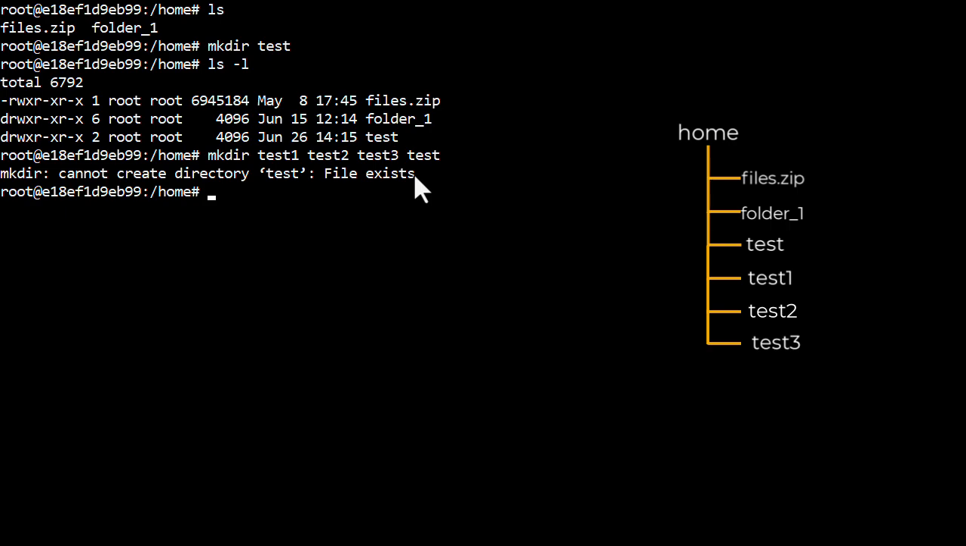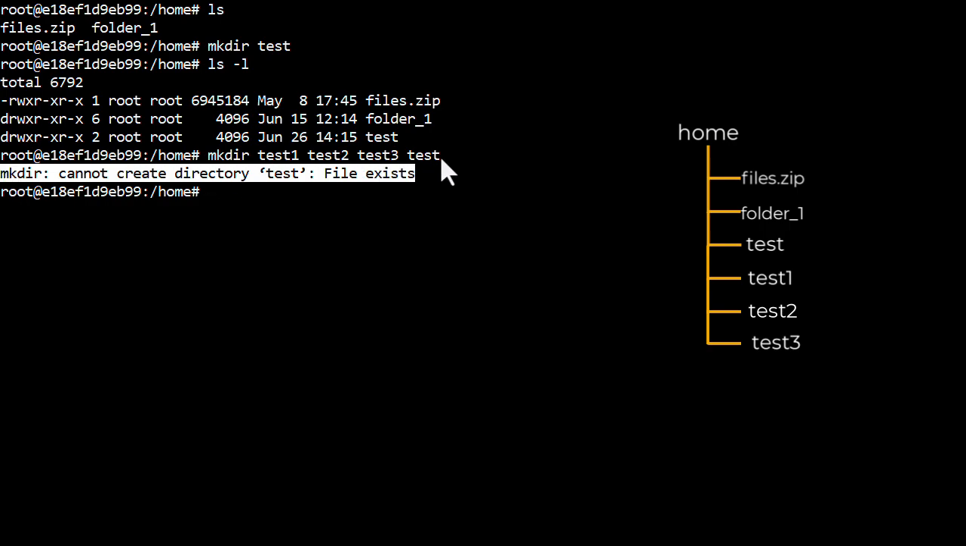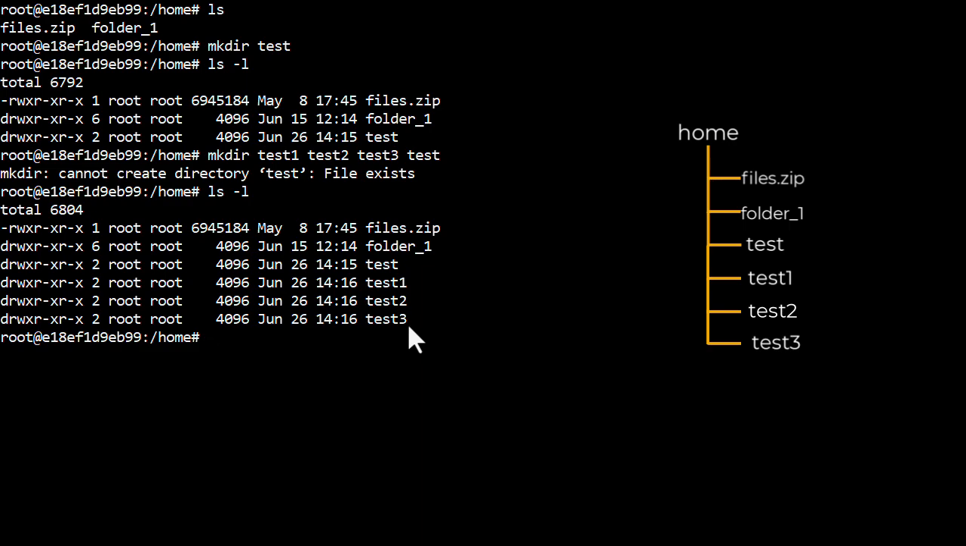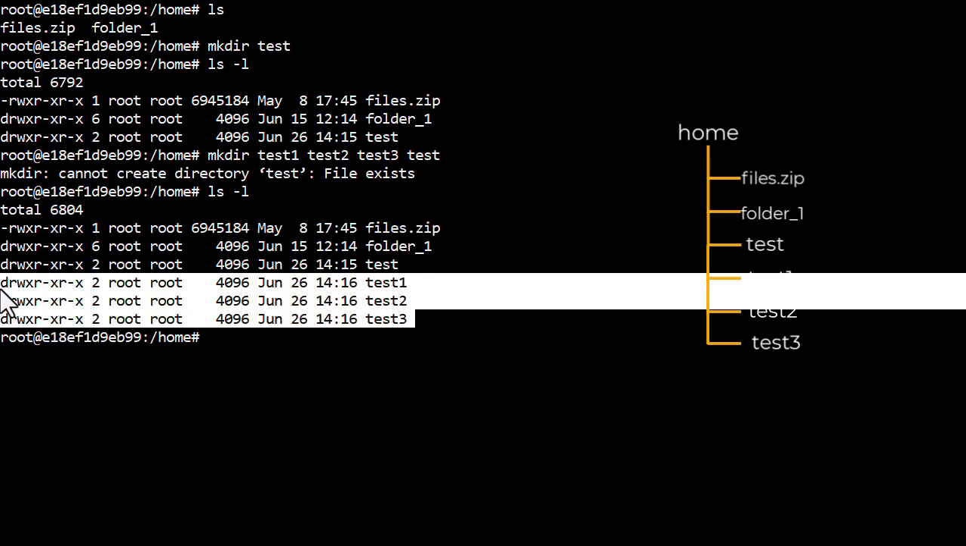Look. The first three folders are created, but when it comes to the test directory, it throws an error because a directory with the same name is already available. We previously created that. Let me check whether the rest are created or not. See, the rest of the folders are created,